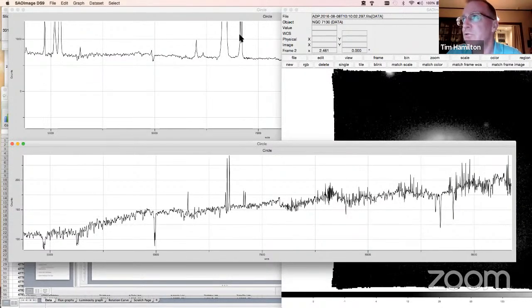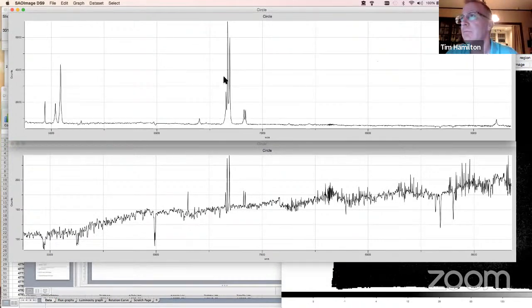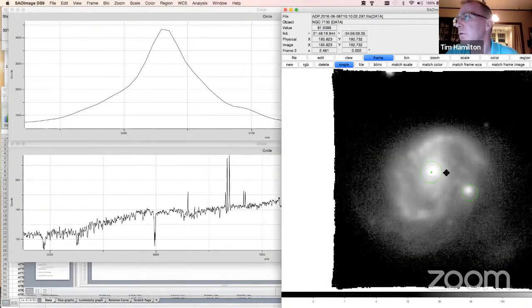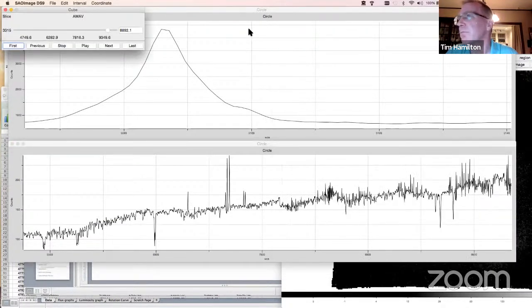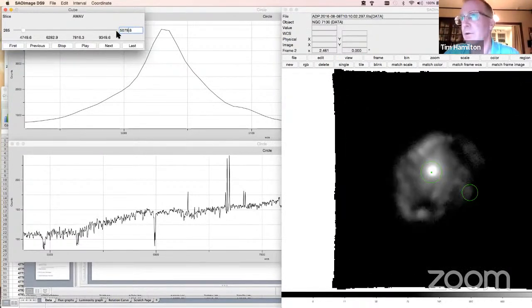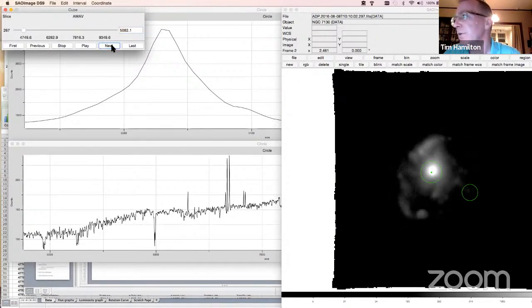What we want to do is to go to one of the emission lines, and we're going to scan through it. Let's take this one. That is, what was it? That's an O3 line. Let's go to 5080. Now I'm going to find my wavelength selector again. Okay. Now, as we step through the wavelengths,